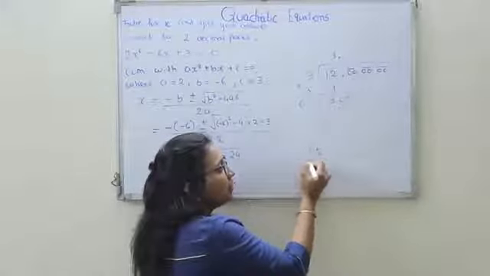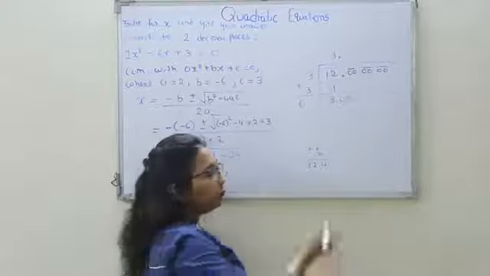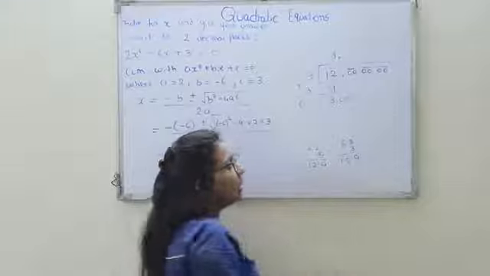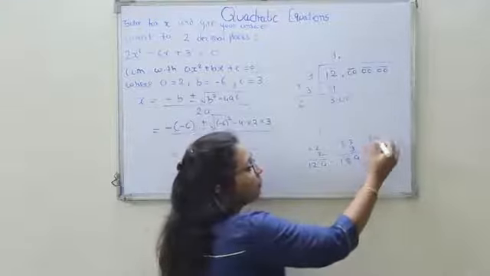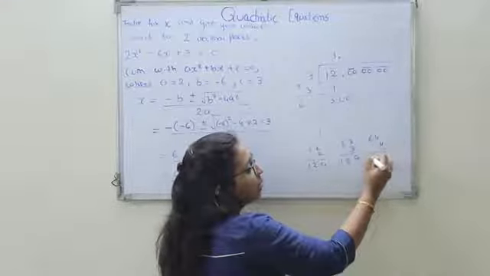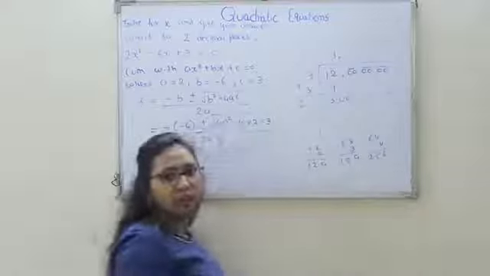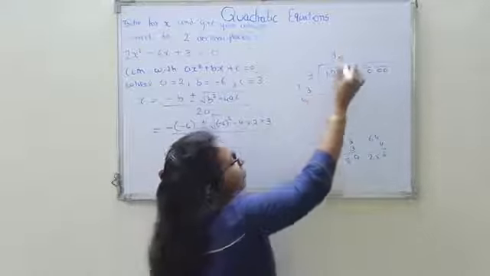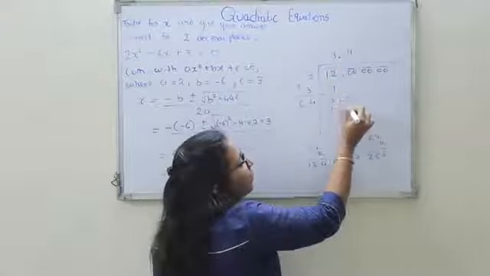62 2s are is nothing but 124. We can go more ahead. 63 3s are, which is nothing but 189. You can try one more. 64 fours are, which is nothing but 256. So definitely 256 will be nearest to 300. So let's try 64 fours are, which is 256.